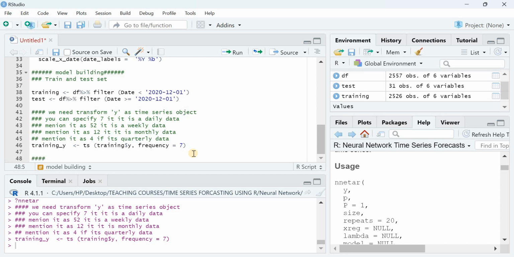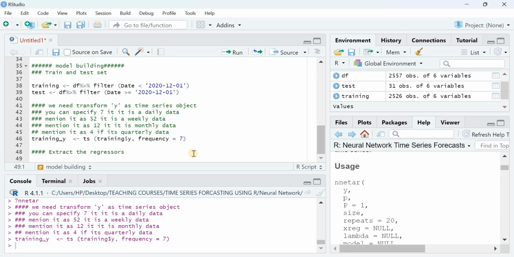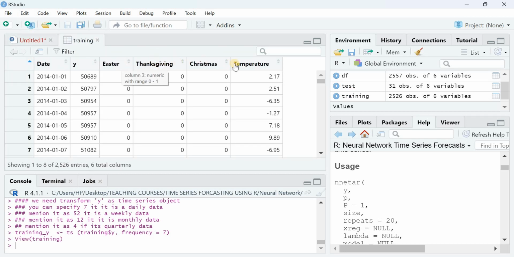I missed this stage earlier. Okay, so not a problem. So we'll proceed with that. What I do, I need one more step here in between. I just need to extract the regressors, that is the external regressors here. And I just call it training REG, that is regressor. If you see, I'll make it as a matrix, and I just want to select my training data, where I use all my rows. And if you see my training data, the third column, fourth, fifth, and sixth, all of them, third to sixth actually,